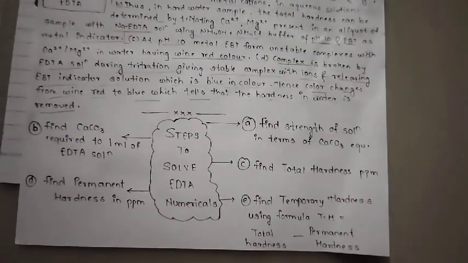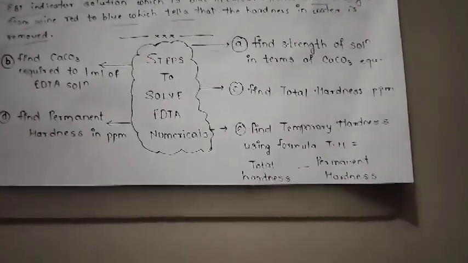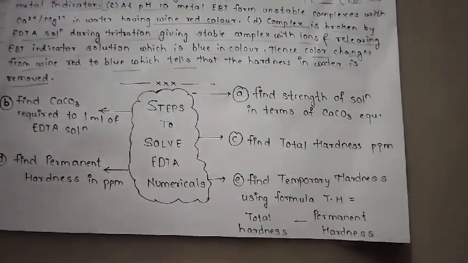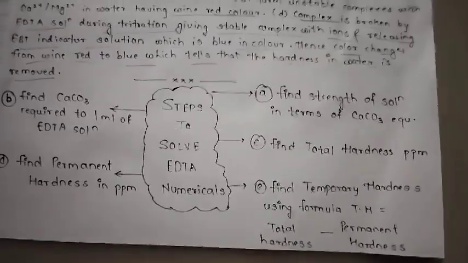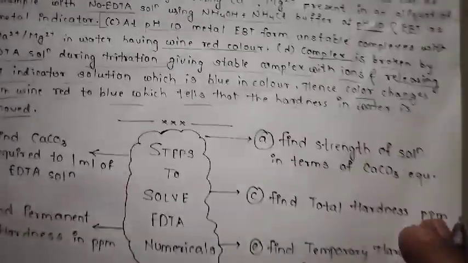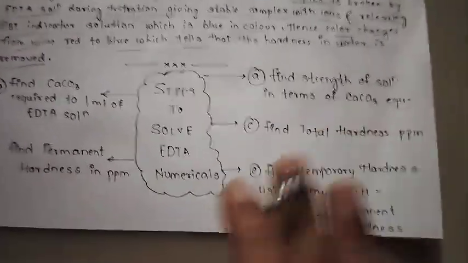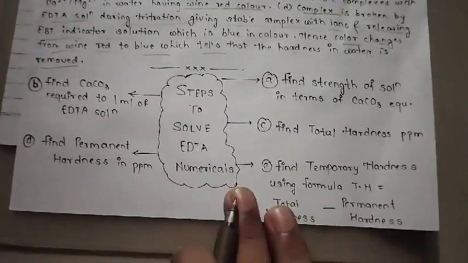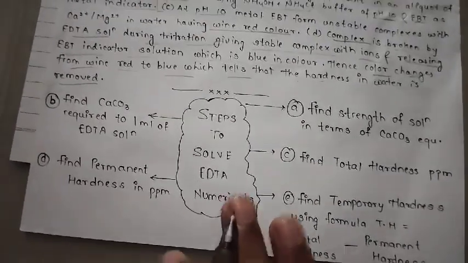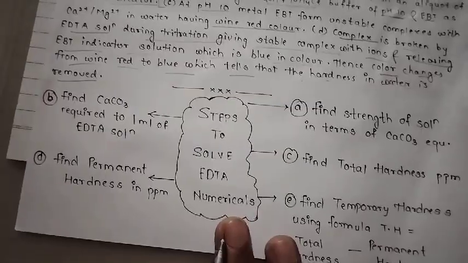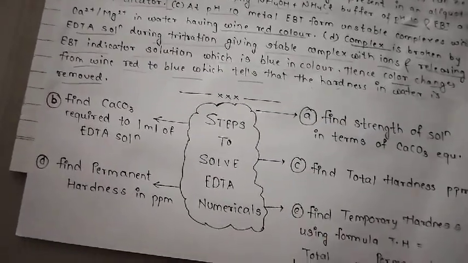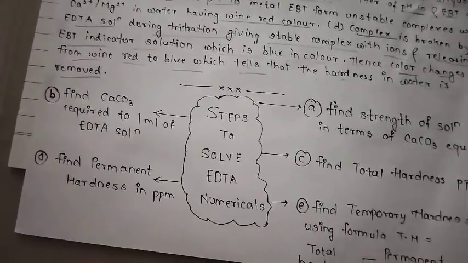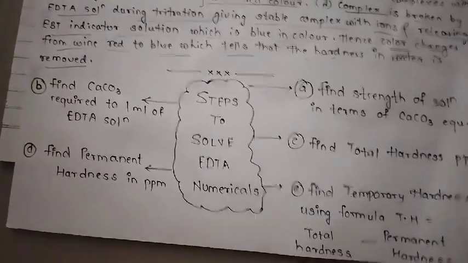which is asked many times for 5 marks. So guys, to solve the numerical of EDTA, there are certain steps which have to be followed to get the required answer. If you don't follow that, you won't be able to solve the sums. So what are the steps? There are total 5 steps. If you follow these 5 steps as it is, you will get 5 out of 5 marks in EDTA numerical. And guys, believe me, EDTA numerical is very easy to solve if you know the procedure,